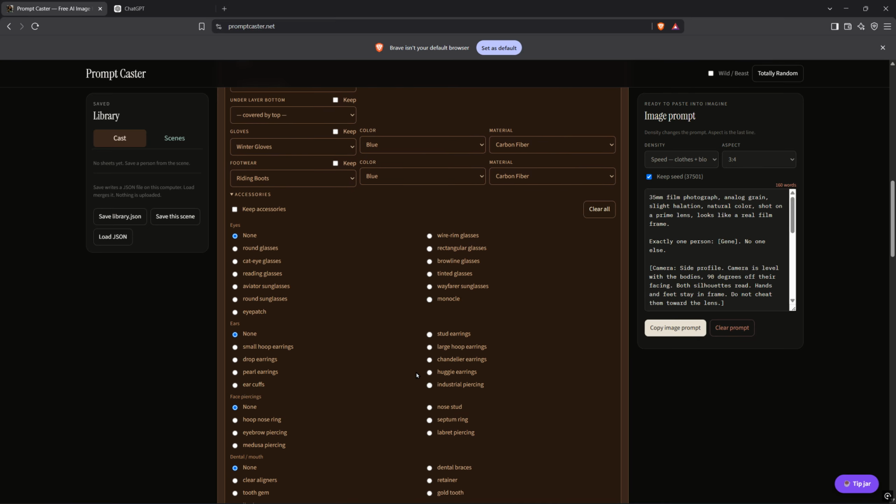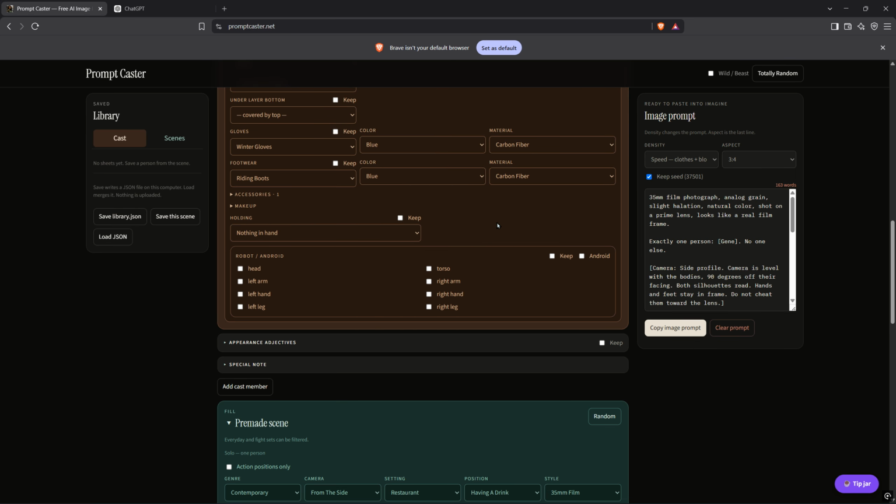Accessories. I'm not going to add any accessories right now. There's a bug with this right now that every time you make a selection of an accessory, it collapses the accessory. So that becomes kind of annoying. I got to fix that at some point. But in the meantime, I'll do it once. I'll give him aviator glasses just because. Now,